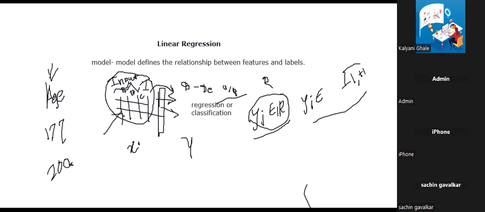And inference means applying the trained model to unlabeled examples. During training, we separate this data into either 70, 30,